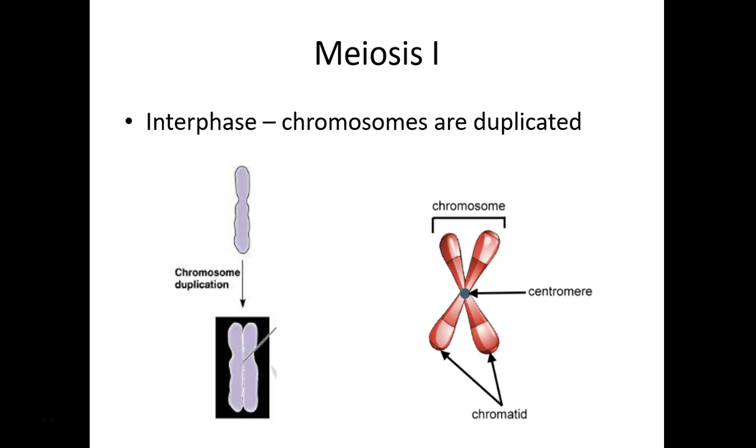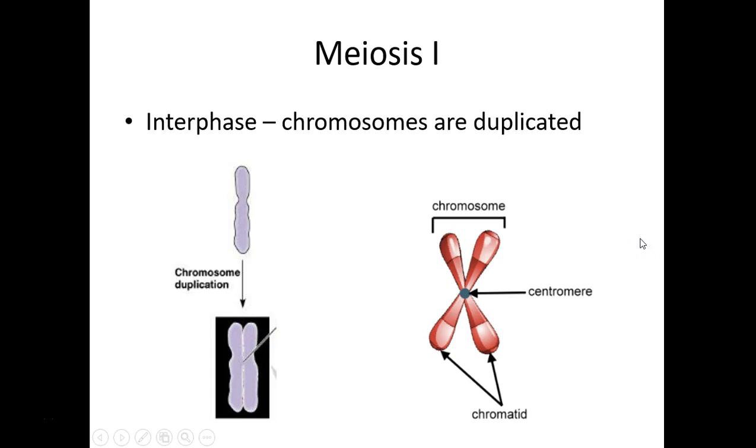Alright, so meiosis, you'll see this one here, or sometimes you'll see a 2, because we go through 2 divisions in meiosis. But before we divide, we are going to go through interphase. So just like we talked about in cell cycle, during interphase, the cell is going to grow. It's going to replicate its DNA so that our chromosomes are duplicated. So you'll see we go from this one sister chromatid to 2 sister chromatids,